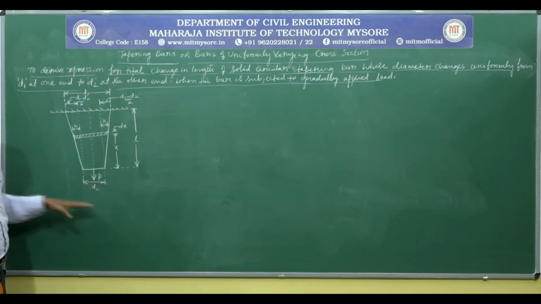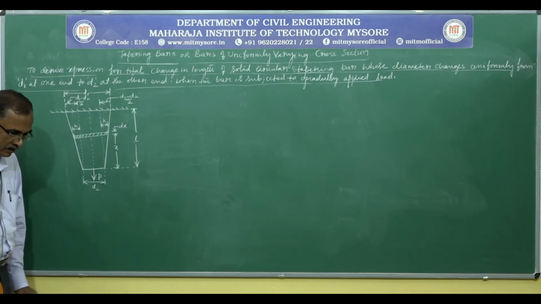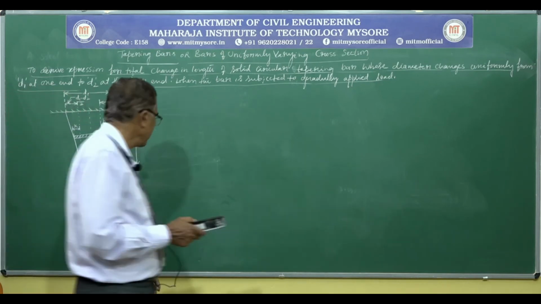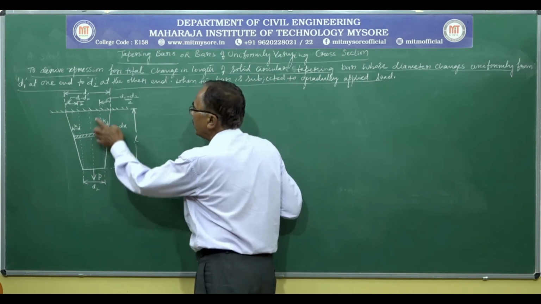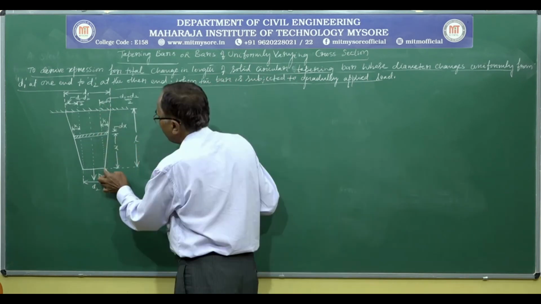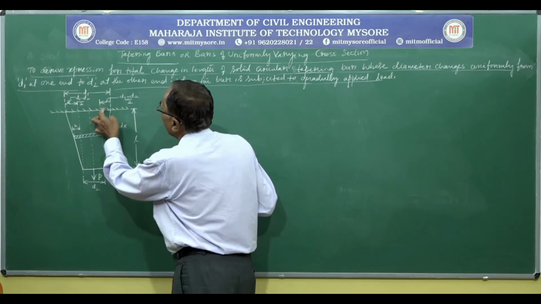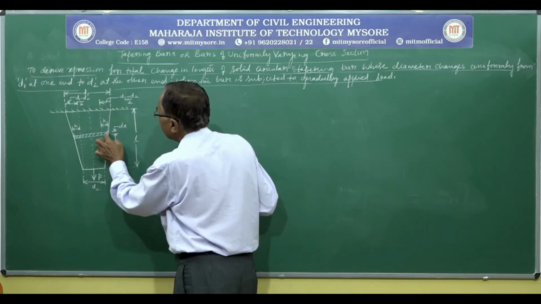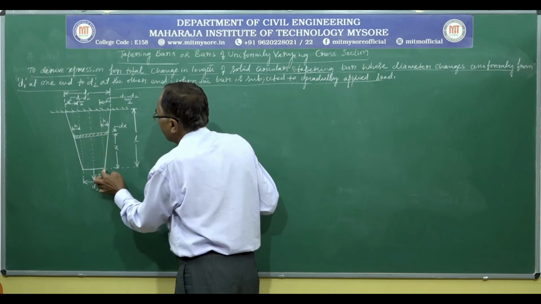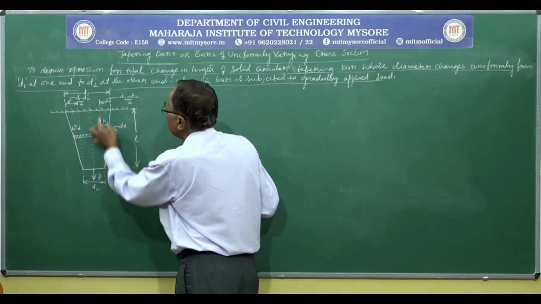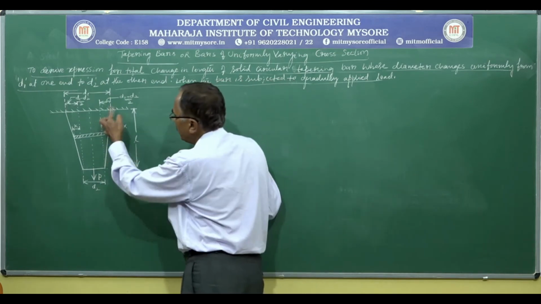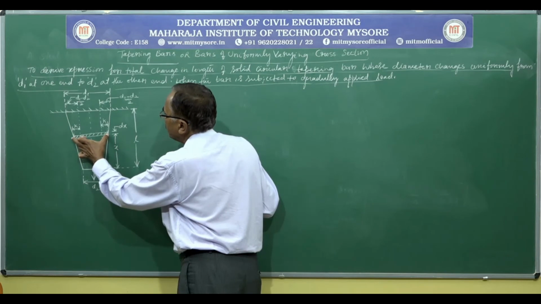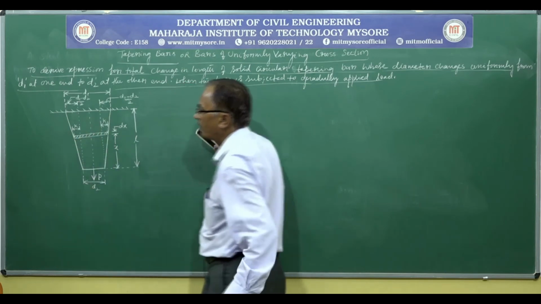So with this marking and observation, we can comfortably derive the expression for this type of bar. Here the cross section of the bar at every level is a solid circular one. Here, if you observe, there are two triangles: this is one triangle and this is another triangle. So by using these two similar triangles, we can get the diameter of the elemental portion.